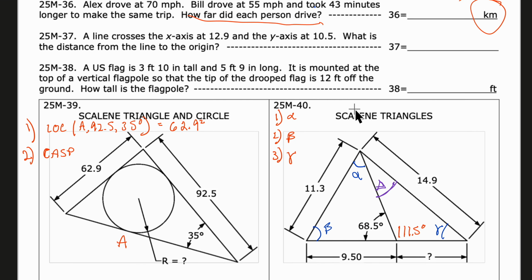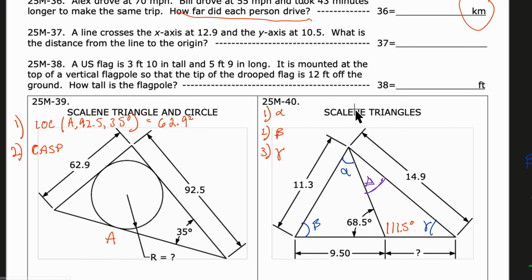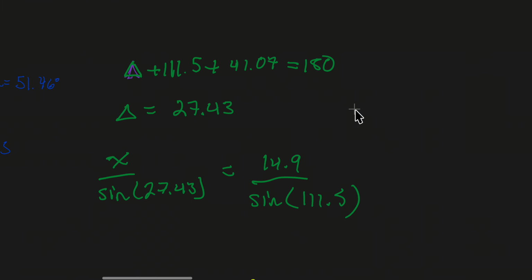Okay, next question. The United States flag is 3 feet 10 inches tall and 5 feet 9 inches long. It is mounted at the top of a flagpole, so that the tip of the flag is 12 feet off the ground. The question is, how tall is the flagpole? Okay, so to answer this question, we need to be able to do a little bit of geometric modeling of this flag. Now, when the flag is